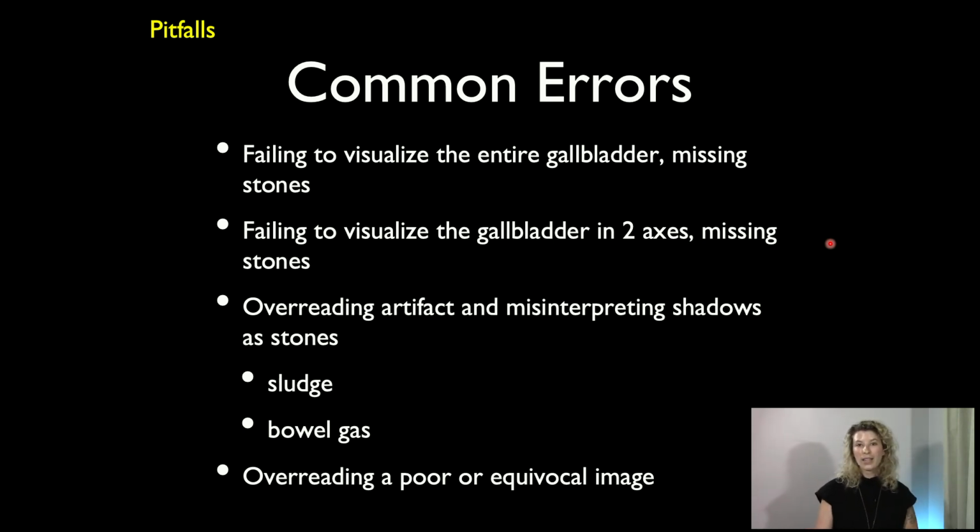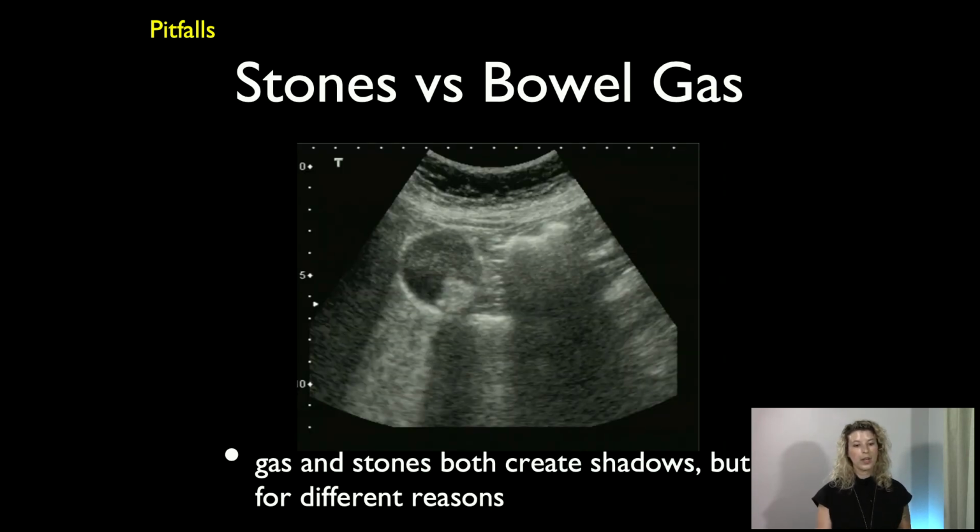If you overread the artifacts that we're going to talk about, and you misinterpret shadows as stones, it's a common error. And then really, if we don't get the proper view of the gallbladder, if we don't see the images that we need to see, we can't really say anything about it. So you can't infer things that you're not actually seeing. So we talked about